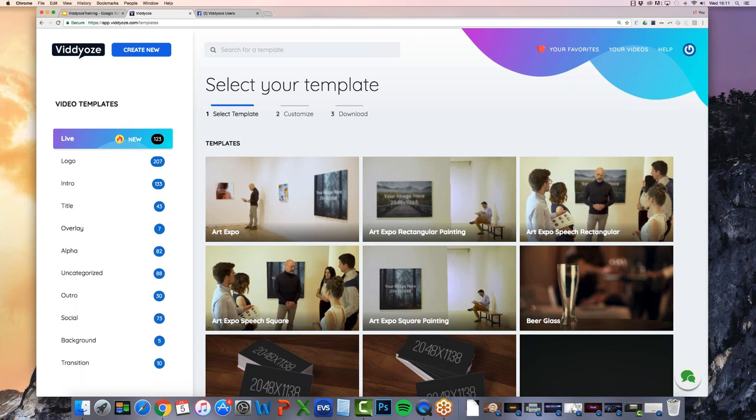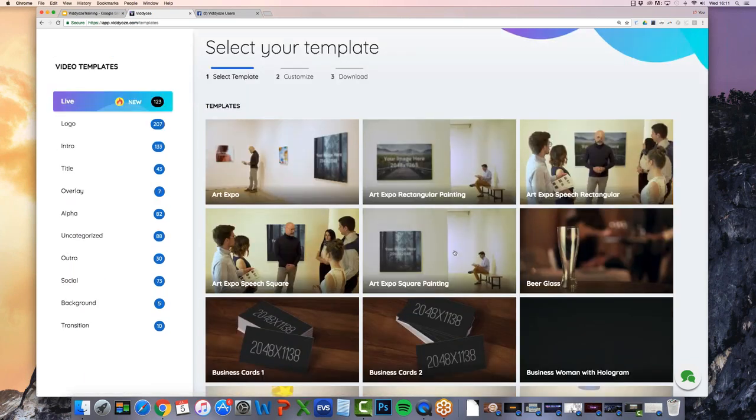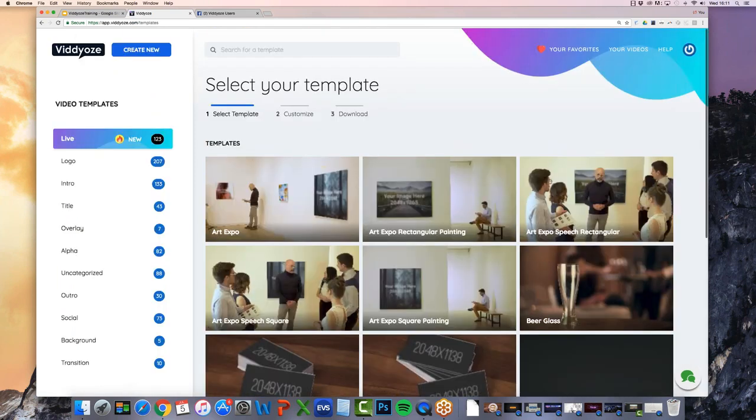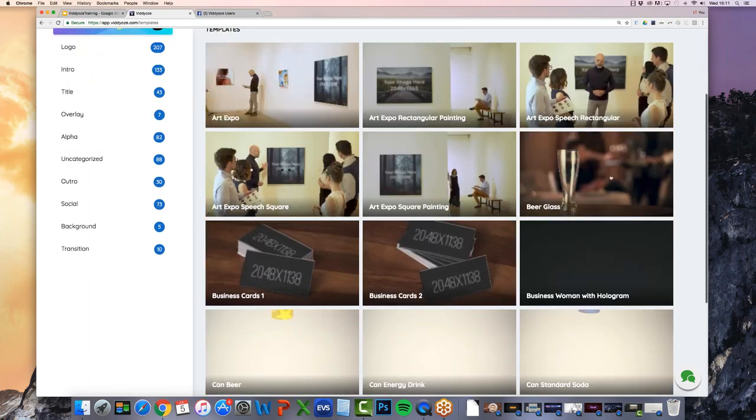Now, we've got first off our live section at the top, which is our live action animations, which are basically our animations that are real life footage, if you will, combined with animation. So we've got a ton of these different animations which allow you to use them within your videos. It's kind of like stock footage that you would use in your video projects, but you are able to customize that stock footage. So you may be doing a video for a pub, and you can use this animation within your video and customize it around that particular pub, if you will.